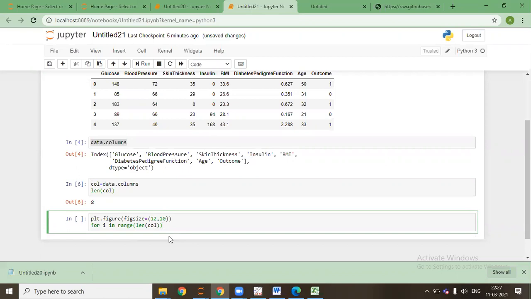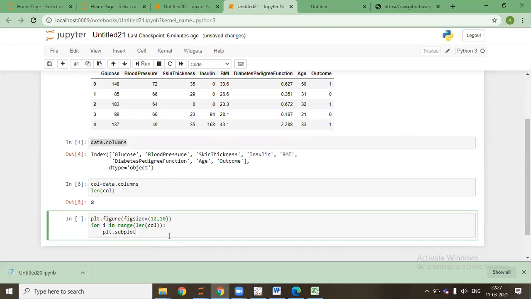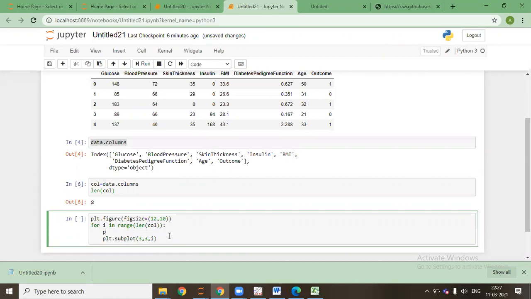I'll say plt dot subplot. I need it in 3 rows, 3 graphs, and this will be the ith graph. Before this I'll say print i.